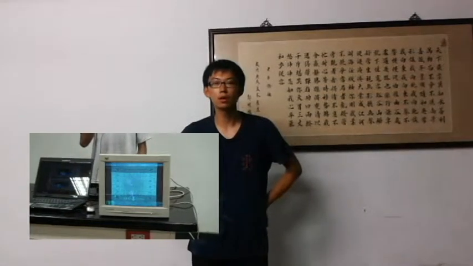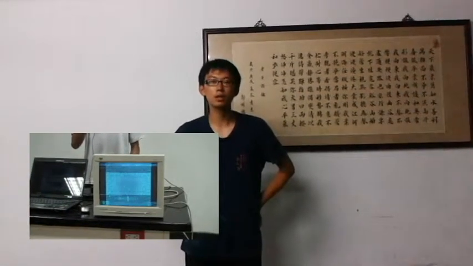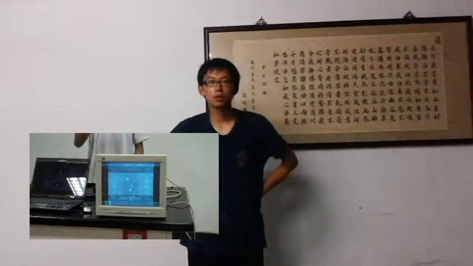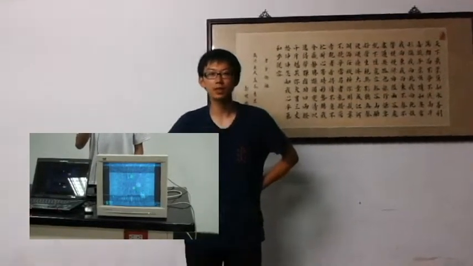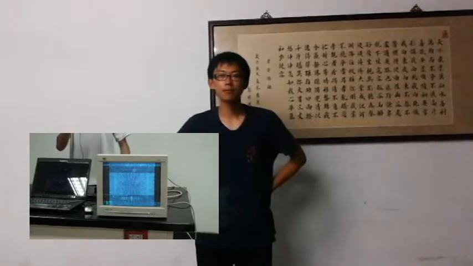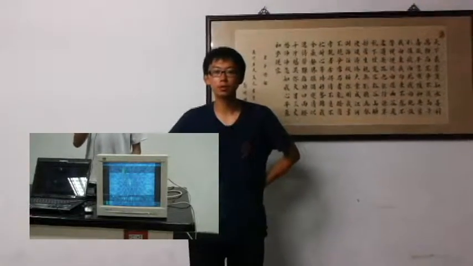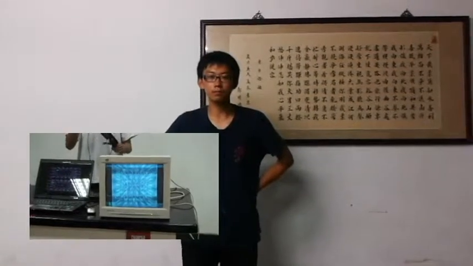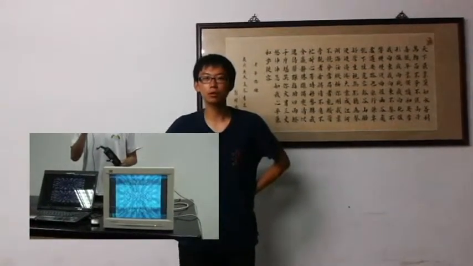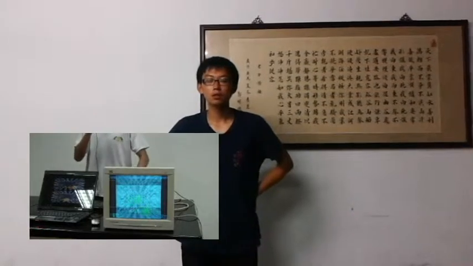Because of the persistence of vision, we can see the picture move like a film. And then when the right eye picture shows on the screen, the liquid crystal glasses will turn off